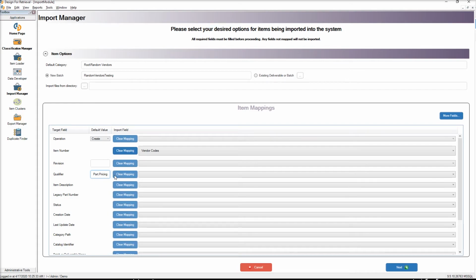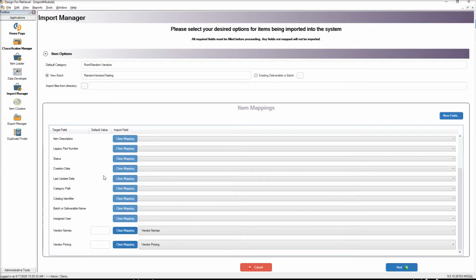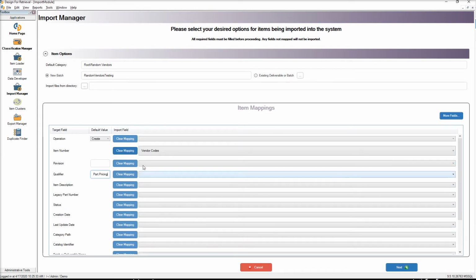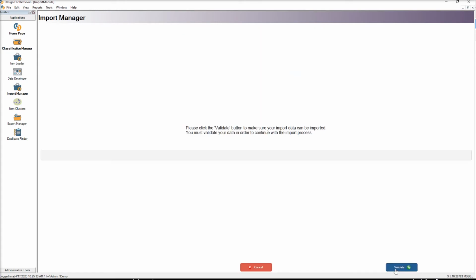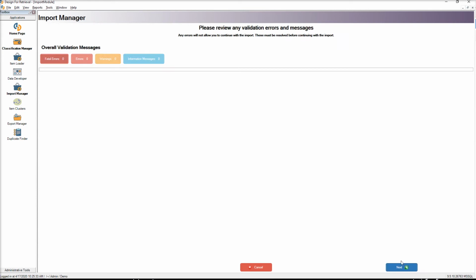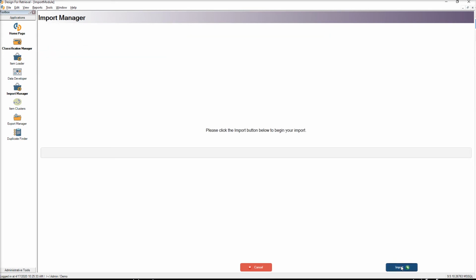You can actually name this however you like, and in this case I will name it part.pricing, and this is used to map the relationships. So now we can see that those two attributes that were created have been mapped automatically. So now everything seems correct. We click on next, next, validate, no errors, next, import,